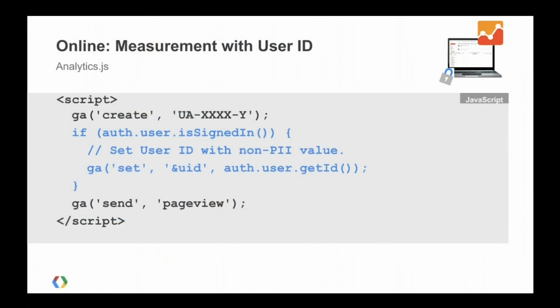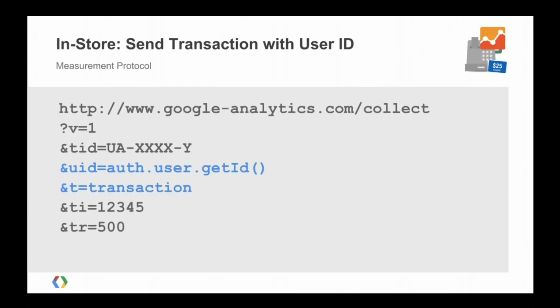So let's look at number one, the step where we want to do online measurement with the ID. So you've seen this before. It's the same as what Andrew showed you. Because you have an auth system, you want to get the user ID, and you want to set it when you send hits to Google Analytics. The second step is the in-store purchase. So again, we have the measurement protocol. At that time, we want to make sure we set the user ID to the same ID that we had from the online purchase, or the online coupon, when they printed that. And we want to send the transaction value when it actually takes place, right? So this will actually tie the offline purchase back to that online interaction and going back all the way to the campaign.